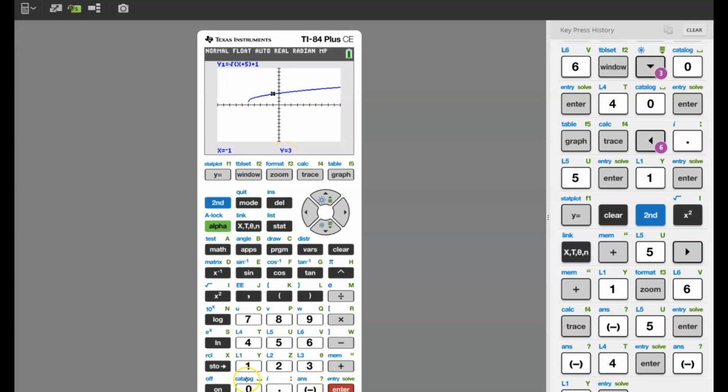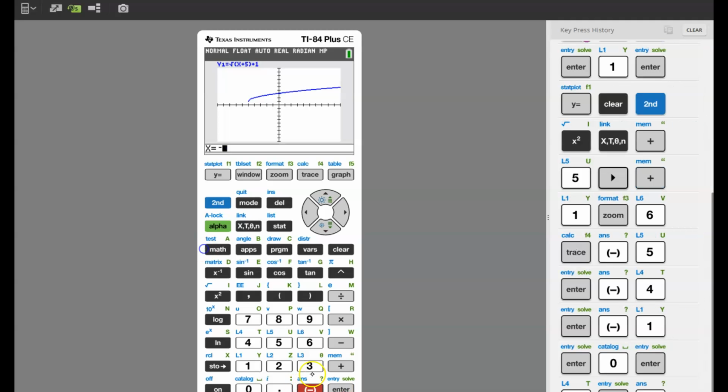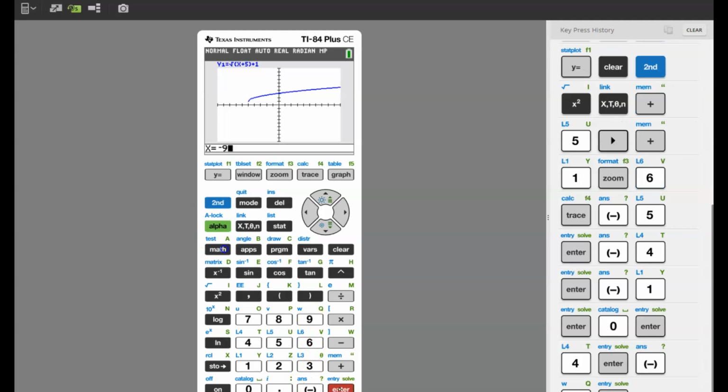If we substitute 0, then we're going to get this decimal right here. If we substitute 4, then we get 4 back. And then let's substitute our last value of -9. And you see when I substitute -9, there's no y value that goes with that. And that's because